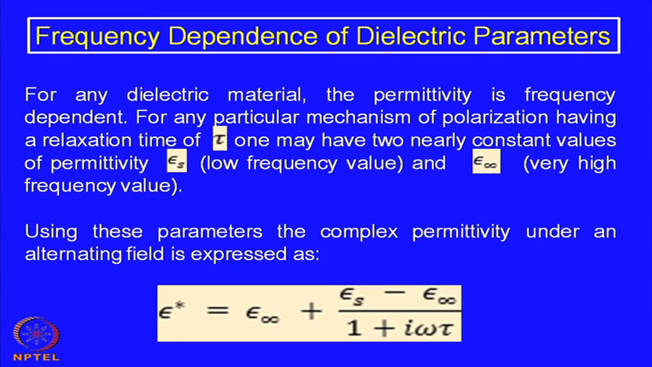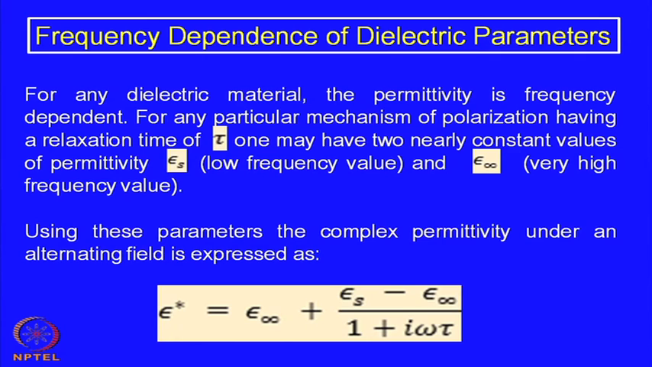So, one may have two nearly constant values of permittivity: epsilon s, the static dielectric constant or static permittivity, which is basically the low frequency permittivity, and a very high frequency permittivity, epsilon infinity. Both of them are more or less constant over some frequency range. Okay. Now, using these parameters, epsilon s and epsilon infinity,